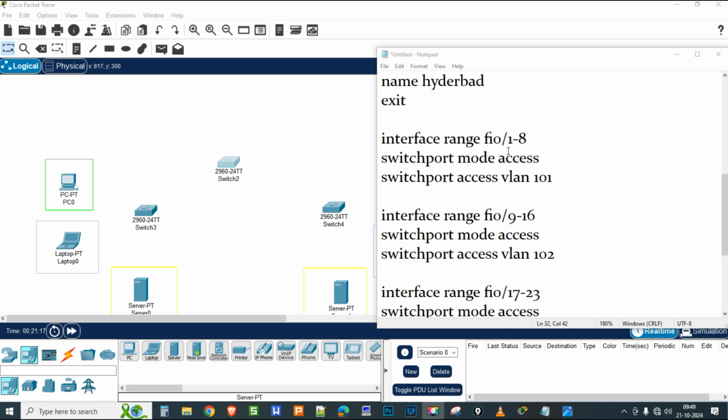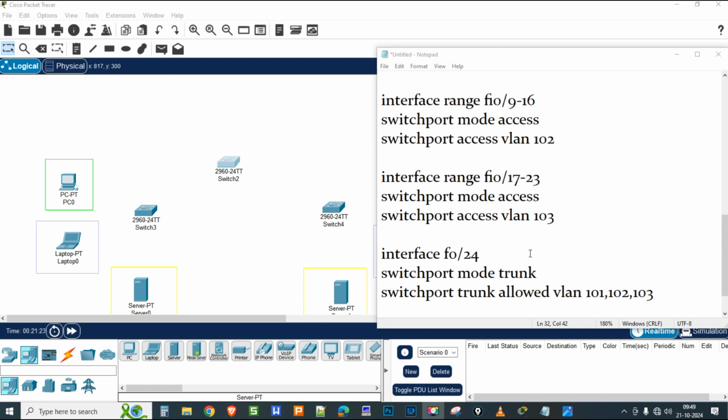Now we configure the first 8 interfaces in VLAN 101, then the remaining 8 interfaces in VLAN 102, then the last interfaces you can configure in VLAN 103. Then interface FastEthernet 0/24 I can configure as the trunk interface, because